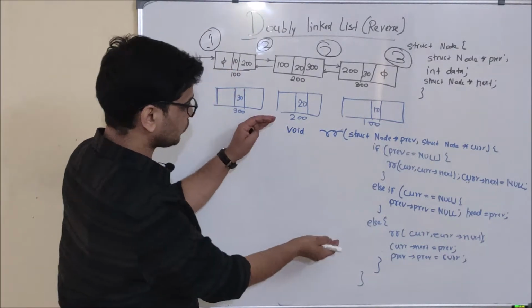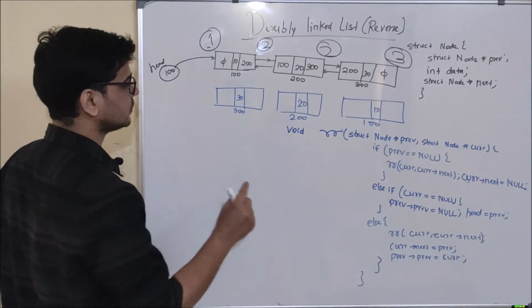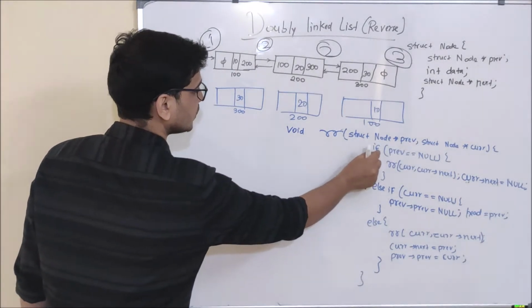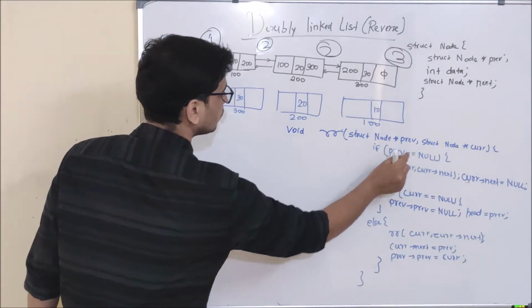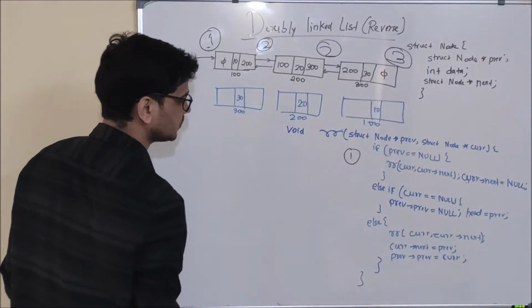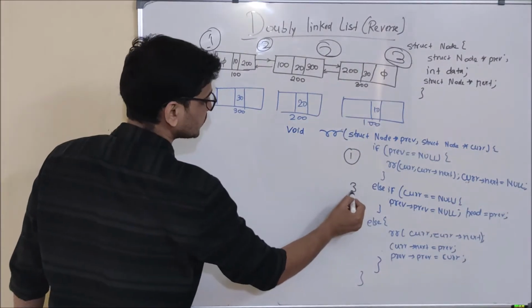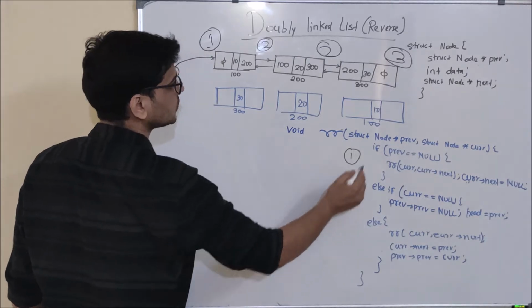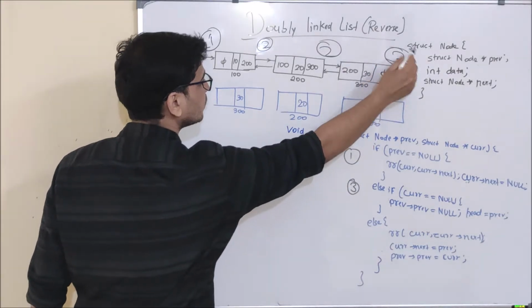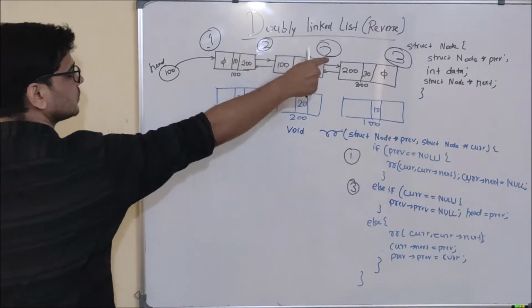Now let's see how this program is going to execute. And before that, let's see what is this. Here I am taking if previous is equal to none. Basically this is case 1. I will explain you in detail by execution of this program. This is case 3. That is I am checking whether current is equal to none. That means I am checking whether I am here or not. And this is any other case, that is between case.